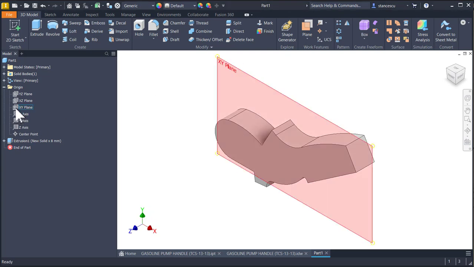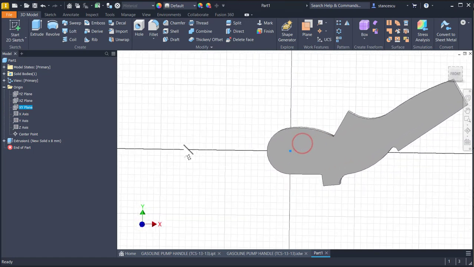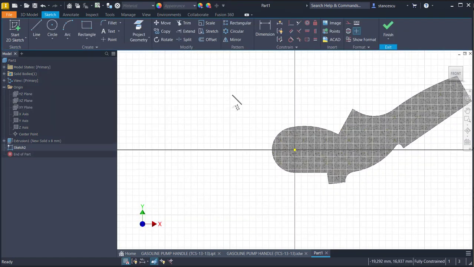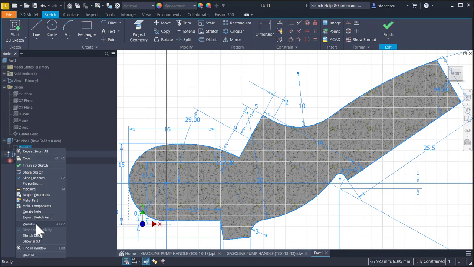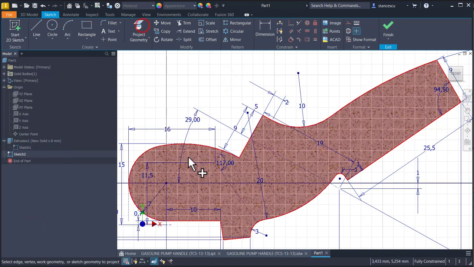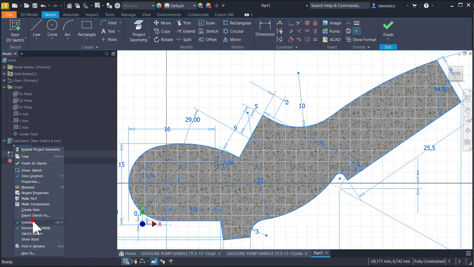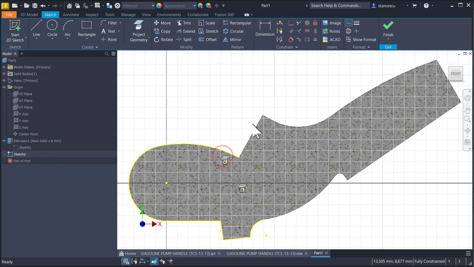We use this plane to create a new sketch by using the previous one. I make it visible. I project the two lines 1, 2, and also this arc, this line, and also this. I hide that sketch, visibility. I make these two as normal lines,